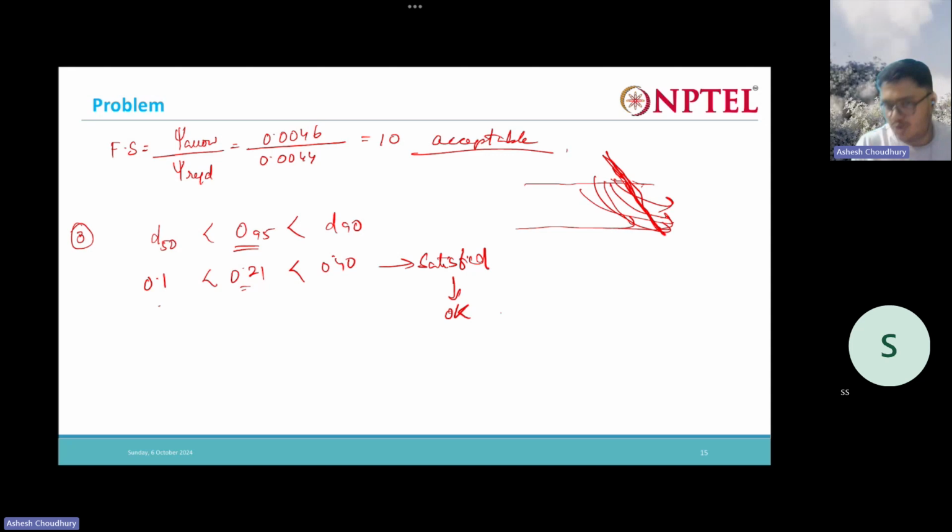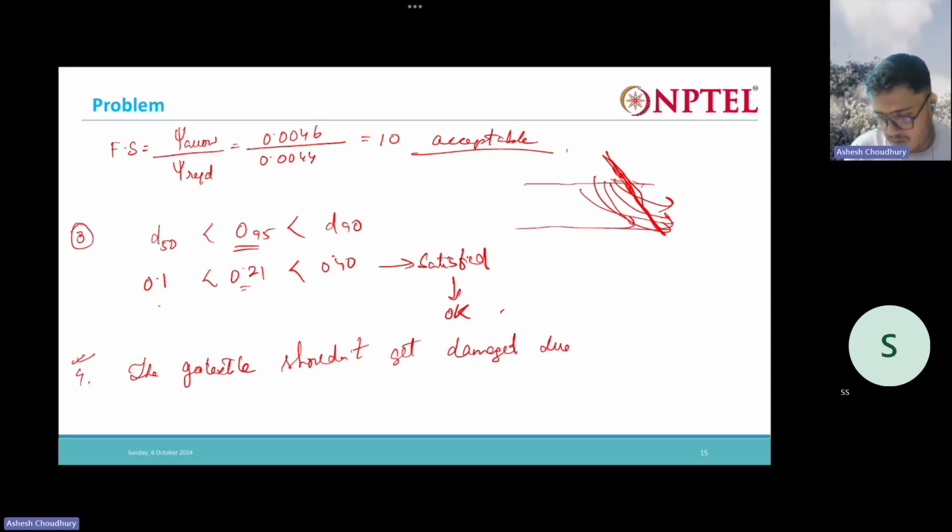Okay, so your flow and the retention both are satisfied. Now one more thing you should keep in mind is that the geotextile shouldn't get damaged due to the wrap. So obviously first you are going to place the geotextile, and over that you are going to place the